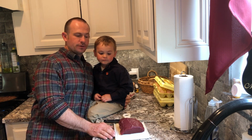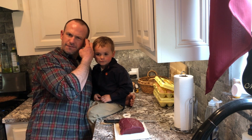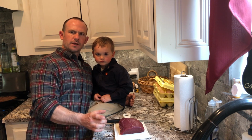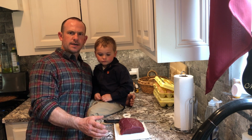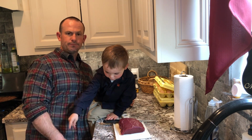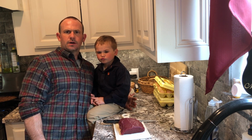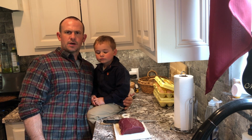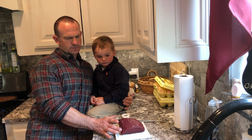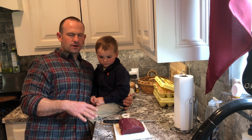This is a piece of backstrap from an elk. As you can see, it is a very large piece. I'm big into leaving some sections in larger pieces. If in the very initial butcher job, you cut everything into really small butterfly steaks, or even worse, if you tenderize it all right from the beginning, you've limited your options as far as preparations go. Because I have these big sections, about 6 inches long and probably 6 inches wide, you can cook this